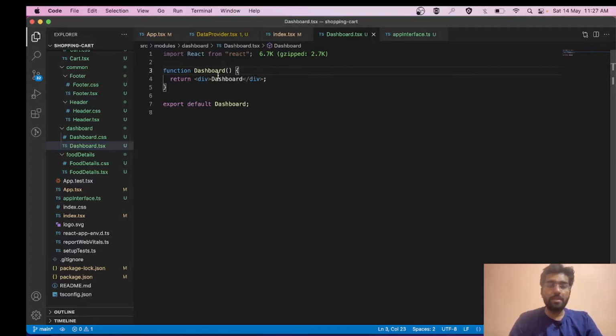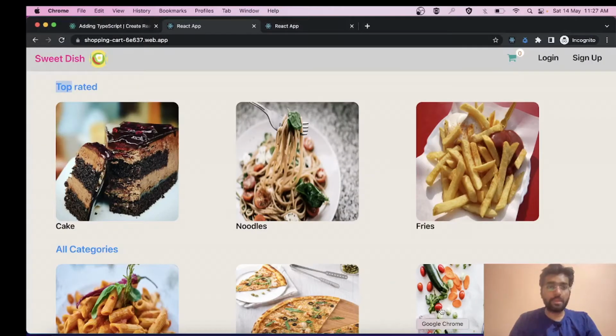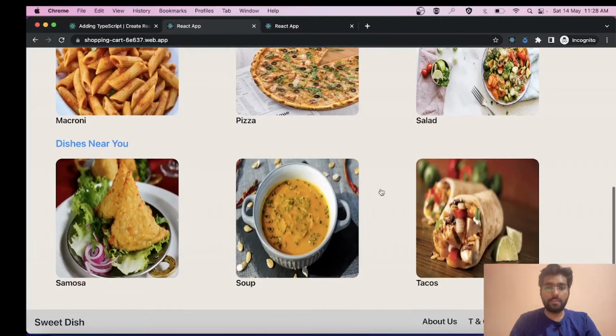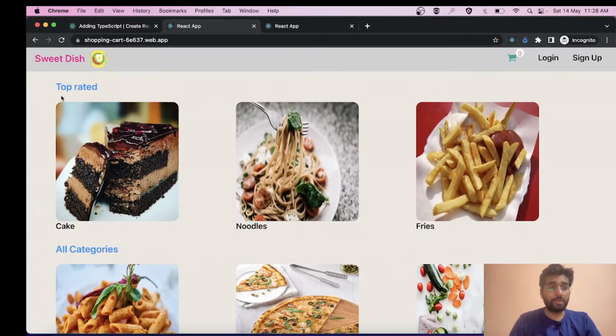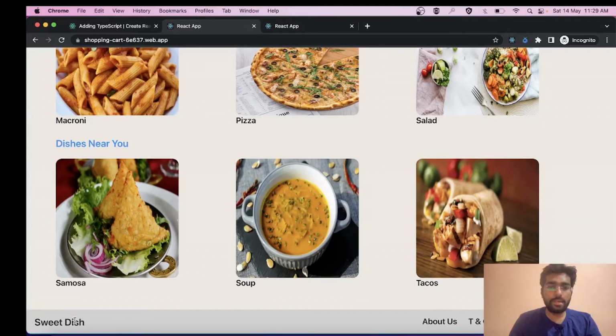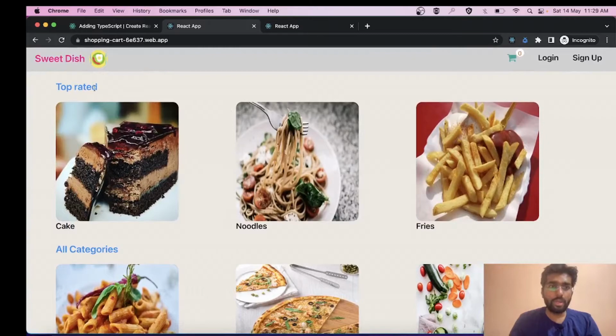So in this dashboard component, let's see what we are going to code. We have to simply create these three sections, as we can understand from this website. The first section will have this title, simple, and these three images having their titles below them. We will also need the header section that we have not created yet, so we will have to code the header section also. Friends, what I suggest is I will code the footer and header components in a separate video, or else it will just add to the length.